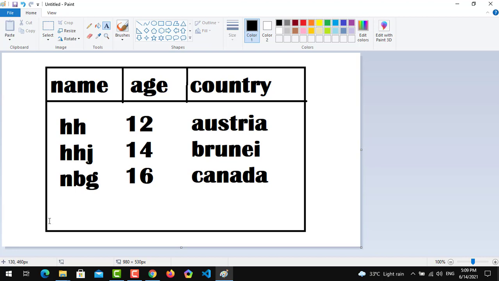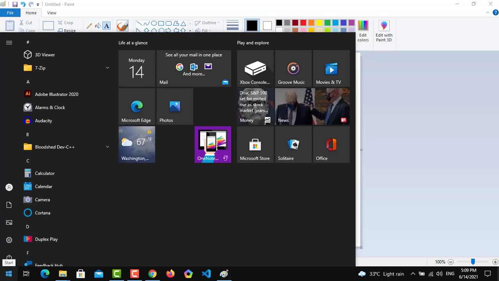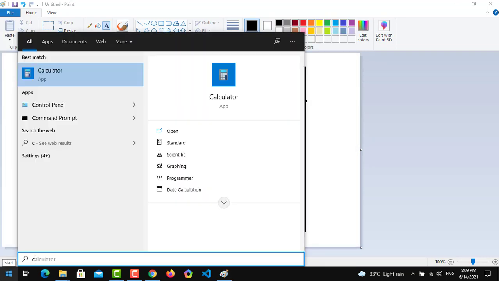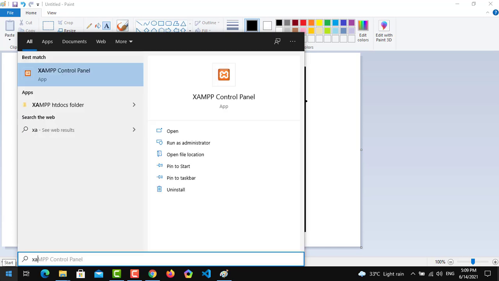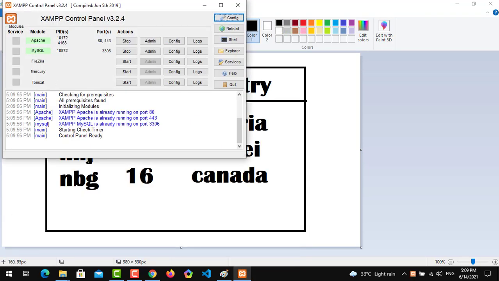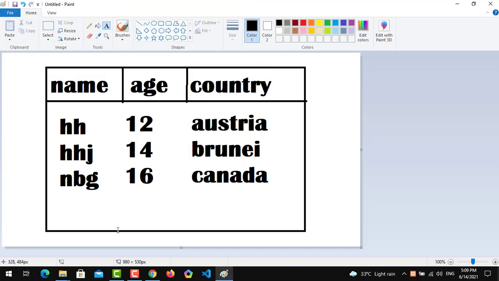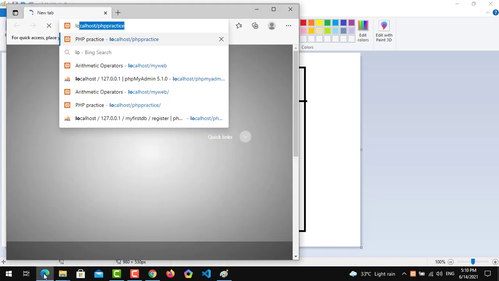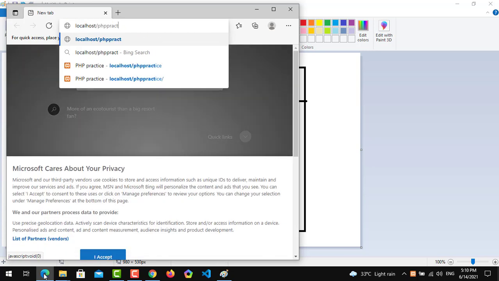So first we have to run our XAMPP. Let's see if our XAMPP is working or not. XAMPP is working. Okay, we have to open localhost phpMyAdmin.